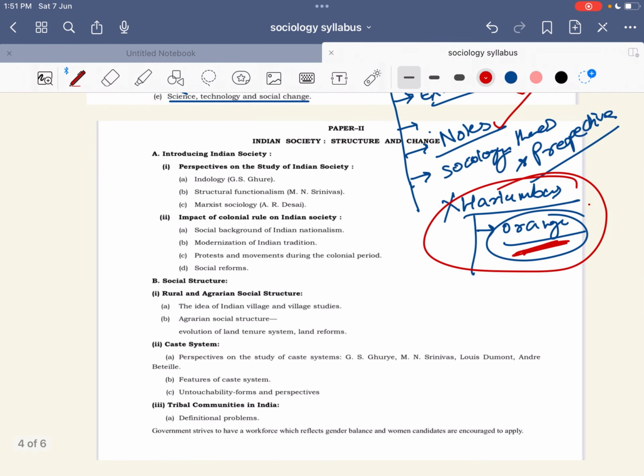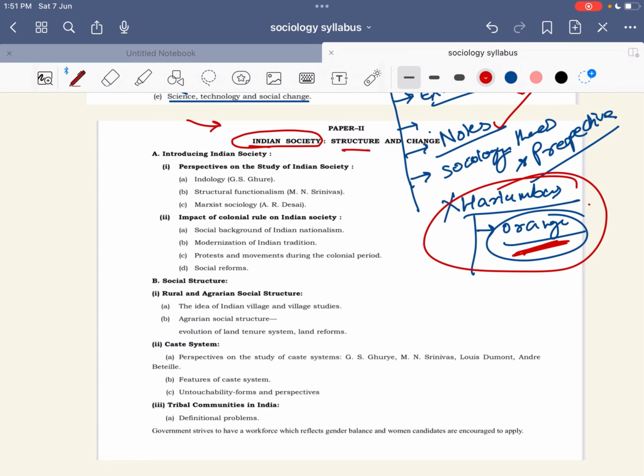ओके, सो इंडियन सोसाइटी. तो सोशियोलॉजी का जो पेपर 2 है वो स्पेशली फोकस्ड है इंडियन सोसाइटी पर. अभी आप बोलोगे कि इंडियन सोसाइटी के लिए क्या मुझे कोई अलग से बुक पढ़ने की ज़रूरत है. ऐसा कुछ नहीं. जो भी न्यूज़पेपर में आ रहा है और इंडियन सोसाइटी से रिलेटेड है, कुछ भी आप एग्जाम्पल हो वो आप नोट करते चलिए, वो आपको बहुत हेल्प करेगा 90%.